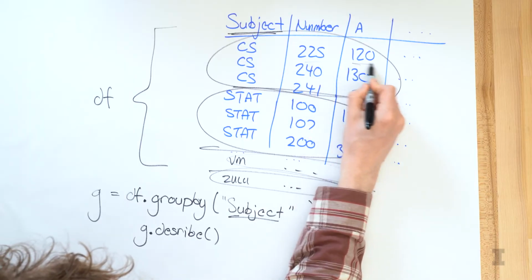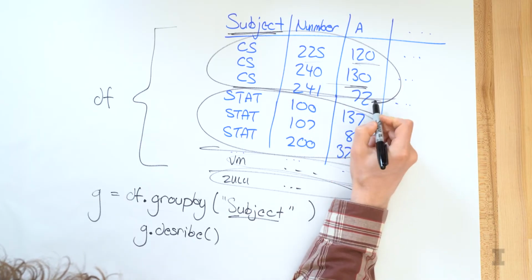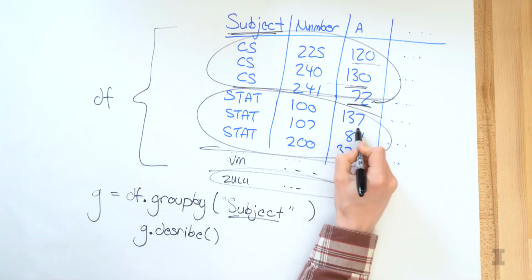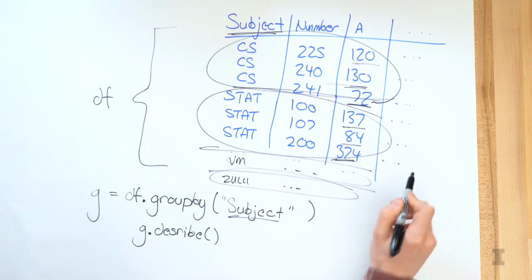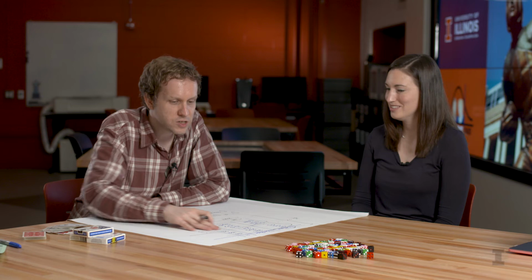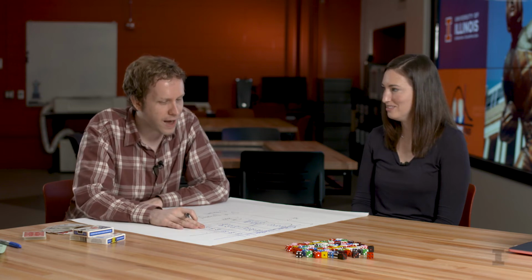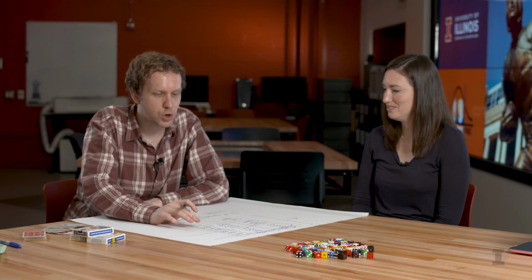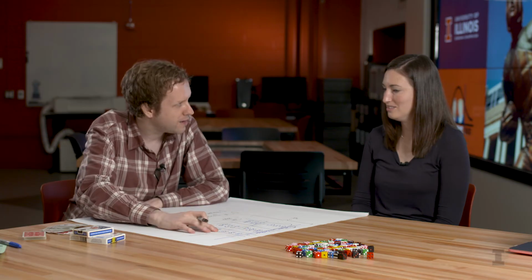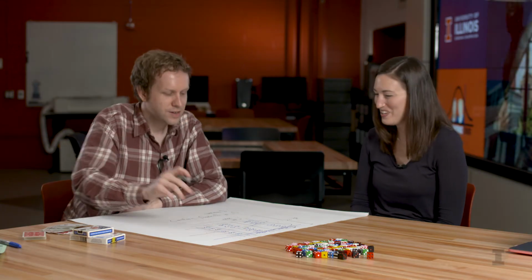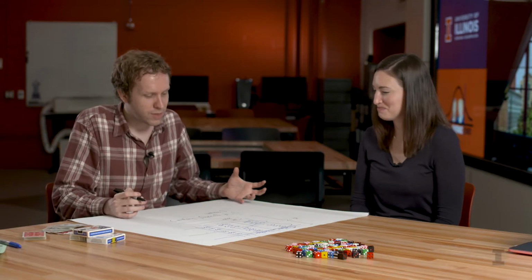But what we're going to really focus on is once we have this group, we want to then summarize information about the group. For example, we see that in CS225, we gave a number of A's. In CS240, we also gave a number of A's. CS241, we gave a number of A's. Same with Stat 100, 107, 200, and so forth. So all of these students who earn these A's, we might want to ask, what is the total sum of all of the A's? Ooh, that would be interesting. Which department gives the most A's? Oh, and that's something we can find out as soon as we dive into Python.